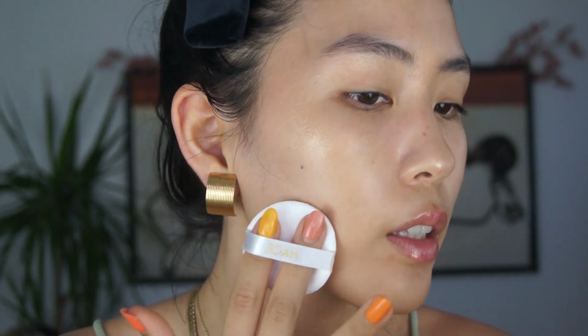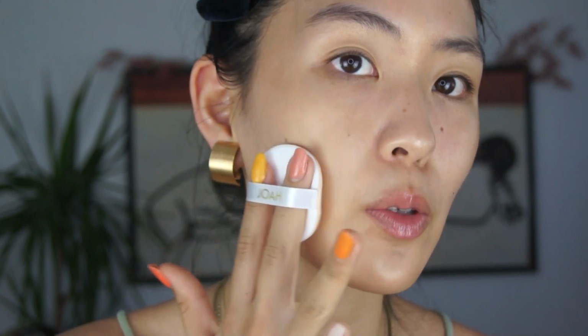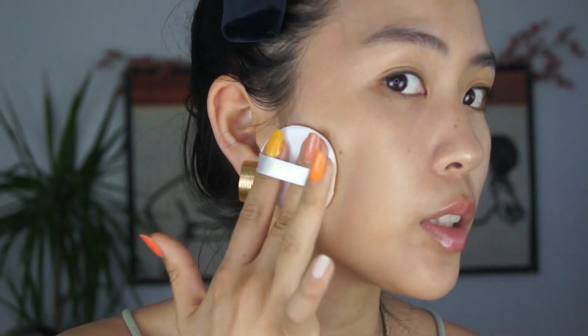And this thing is fucking hard as a rock, man. Like, what the shit? It's not cushiony at all, but we'll just go see it. We'll just see how this goes. So this is the darkest shade, which is so sad that I'm the darkest shade. And I also couldn't tell what the shades really look like because you know, a drugstore doesn't really let you test out shades. I will say I